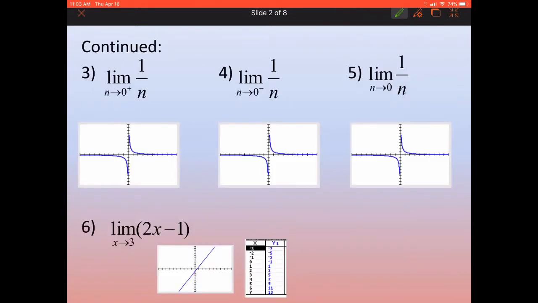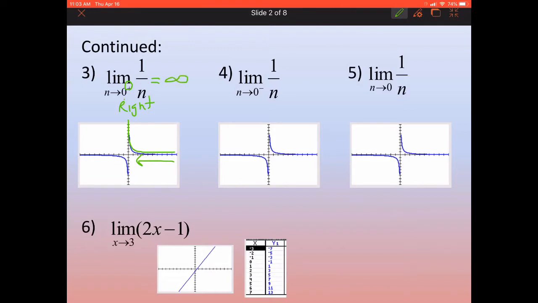So then we did limits where we were focusing on a specific number, and if we were saying that our n or x value, whatever, was approaching a number, we had to say if it was approaching from the right or the left. So notice in example 3, I'm saying n is approaching 0 with a little plus sign. So that means from the right. Okay, so we're going to approach 0 from the right side. So that means we're going to go this way, but we're not going to go forever. We're just going to go towards 0 from the right. So I can trace this. My y values look like they're going up and up and up forever and ever